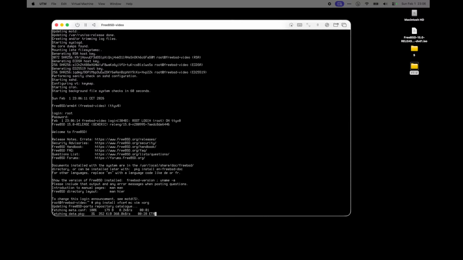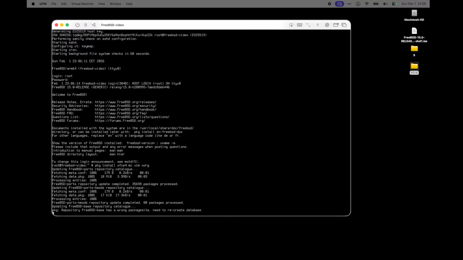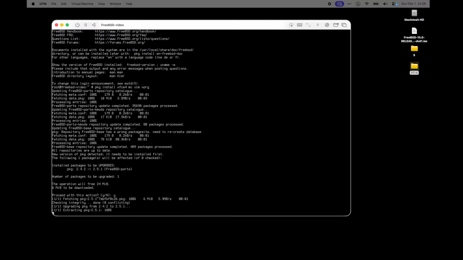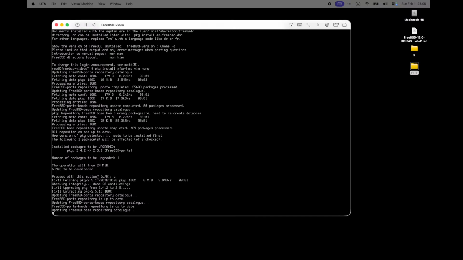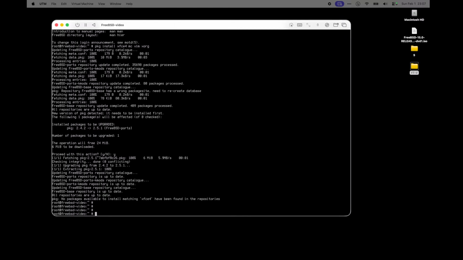Let me see if I missed anything. If you use any other text editor, it's perfectly fine. Okay, just a second. pkg search xfce4,